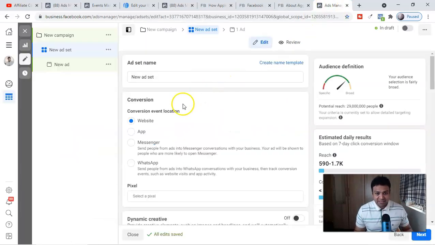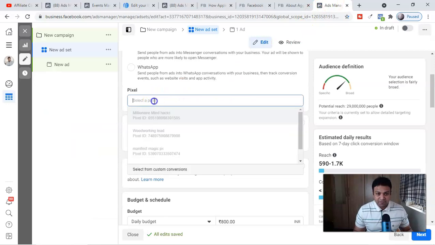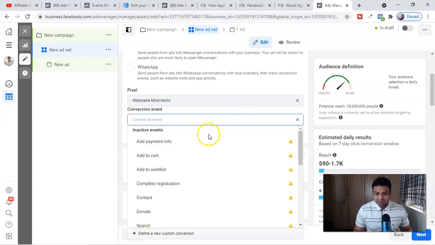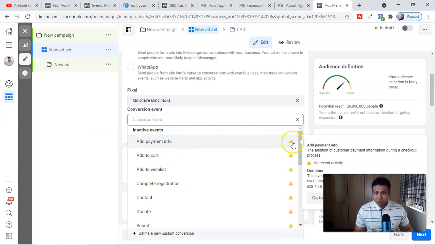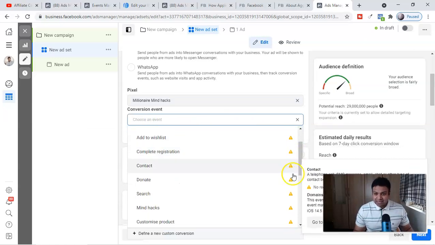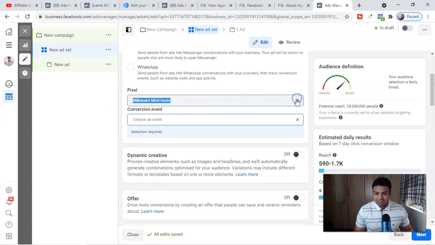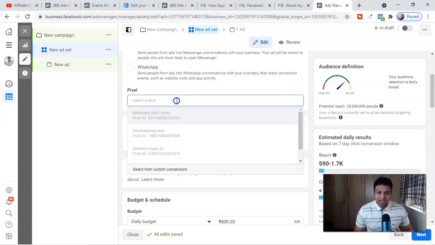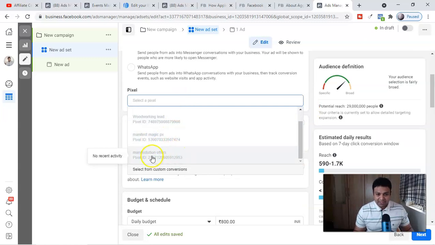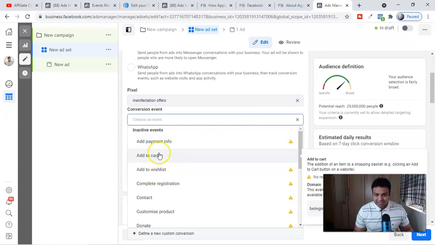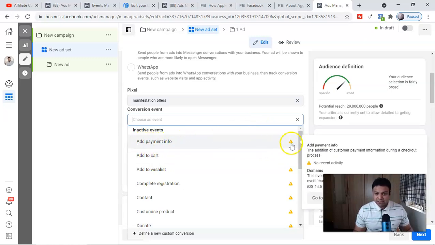For example, guys, here you can see at the ad set level, if you select like this, right, all your pixel you will see in a gray color, right? For example, if I select this pixel here, and if I try to select the event, all these events will show yellow in color. Not a single event is aggregated with this pixel. So now let me select one of my pixels which I already verified, and that is this one over here. Now if I select this one here, you will see the ad payment info is showing in yellow color.